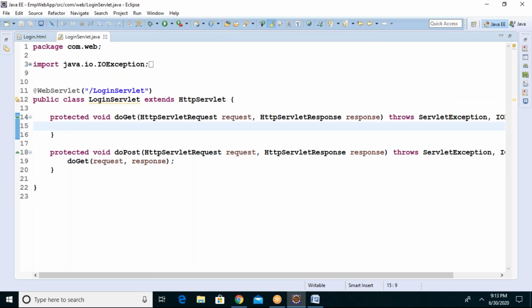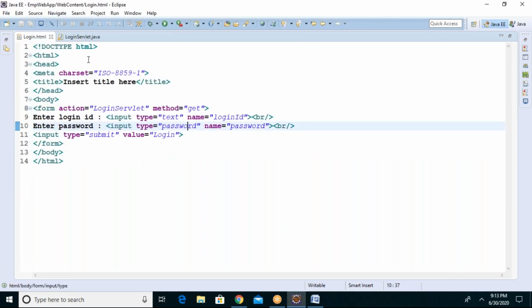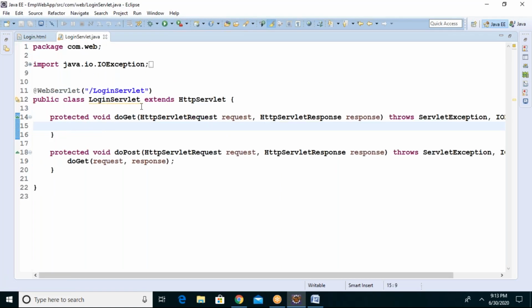When you submit this page by entering some user ID and password, it should reach this servlet. Then what will you do here?